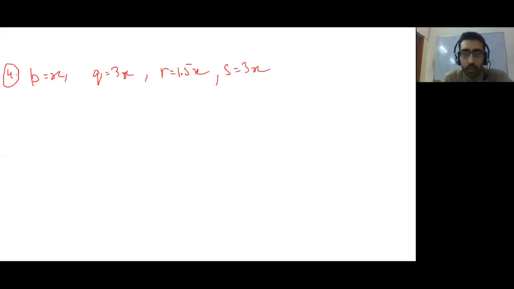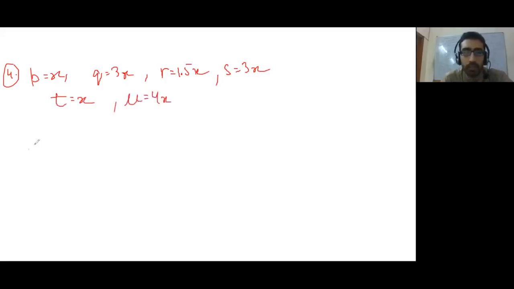So to very briefly make you understand what that means, if I take P as x, the equation tells me that Q must be 3x. It also tells me that R is 1.5x. Just calculating each step based on what you have in front of you. It also tells you S is equal to 3x, which is also equal to Q. It then tells you P is equal to x. And finally, that U is equal to 4x.